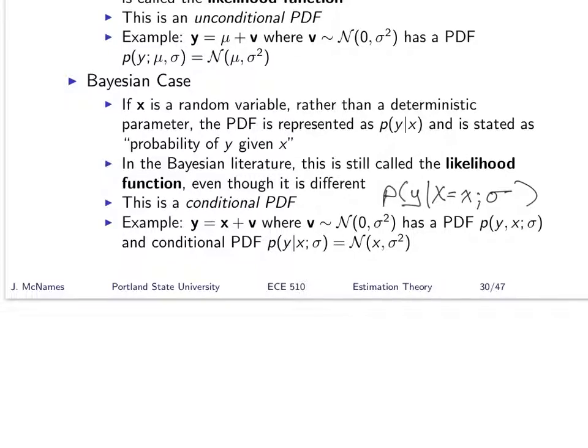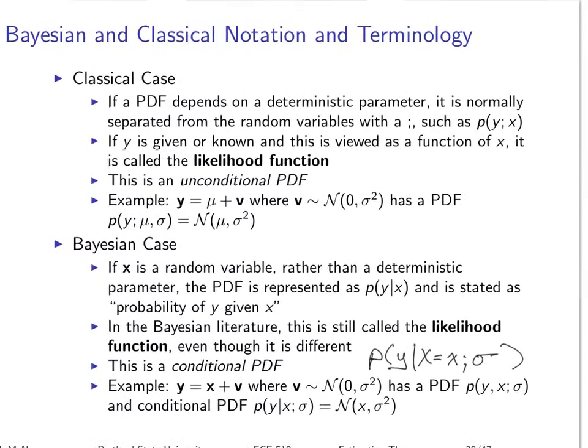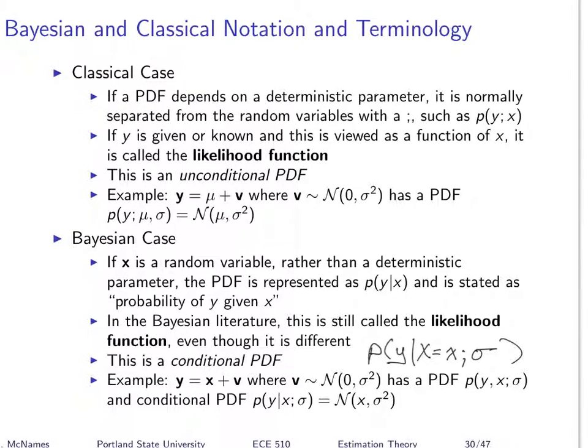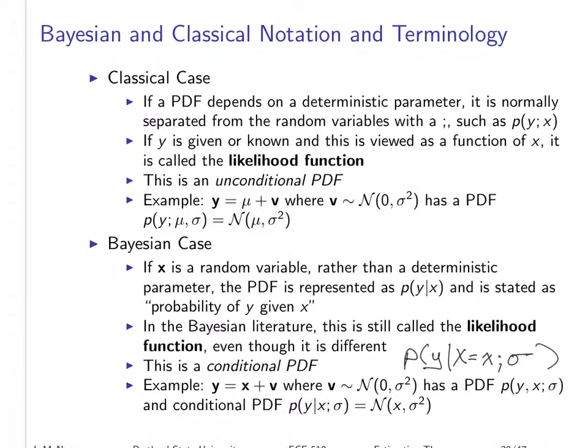The main point of the slide was mostly about a difference in notation, and to overcome any confusion in using the word likelihood to mean two related but different ideas. I'm a little confused why the conditional probability of Y given a particular value of X is still referred to as the likelihood function. What's the different meaning of that? Because it doesn't encapsulate anymore the variation of the PDF for Y given any change in X.